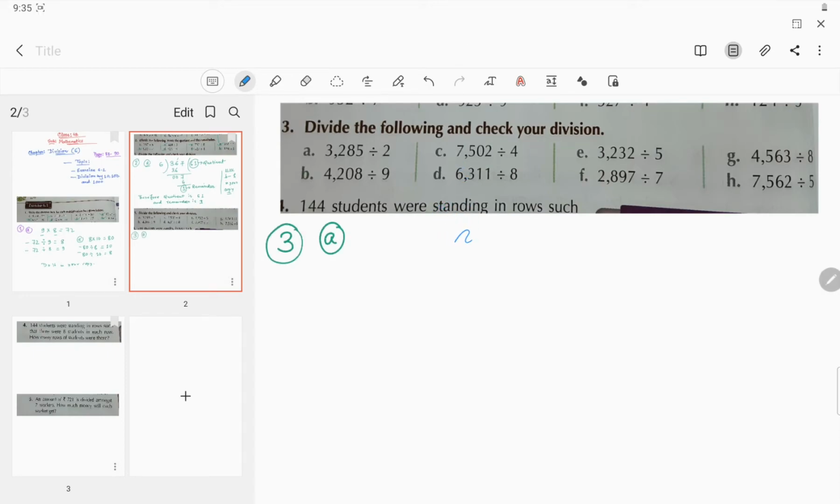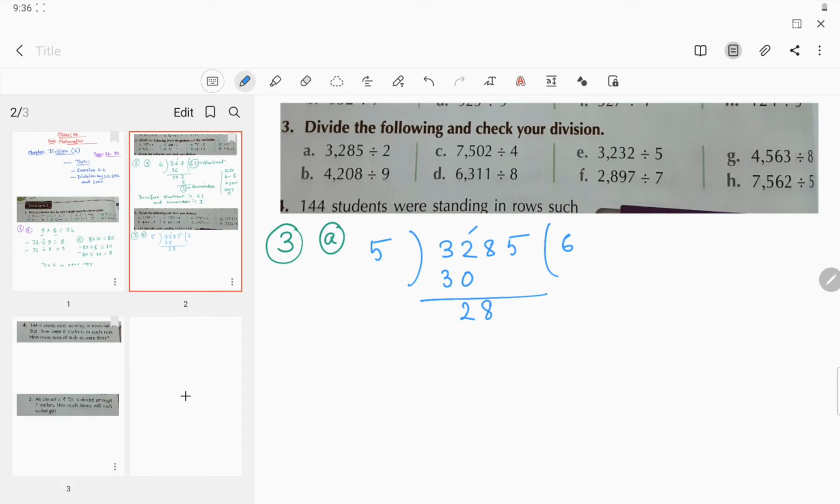At first divide. 5 is the divisor, 3285 is the dividend. So 5 6s take 32, 5 6s are 30, then if you subtract you will get 2